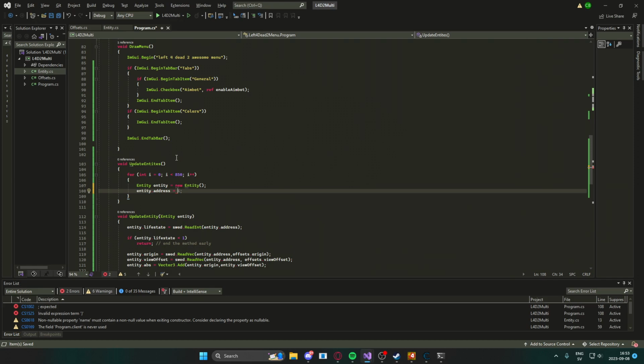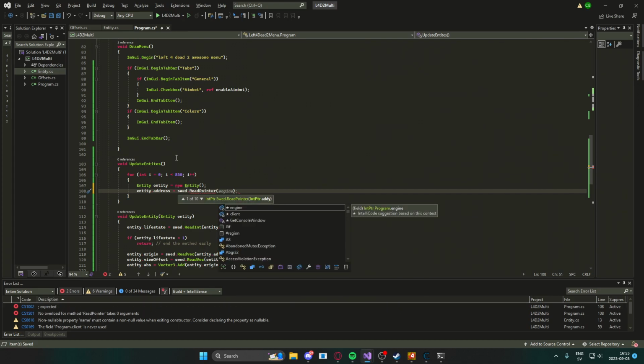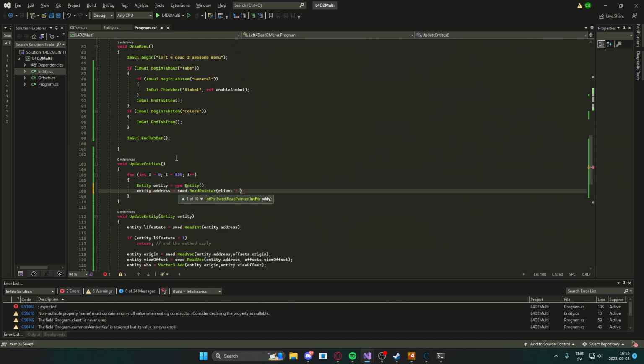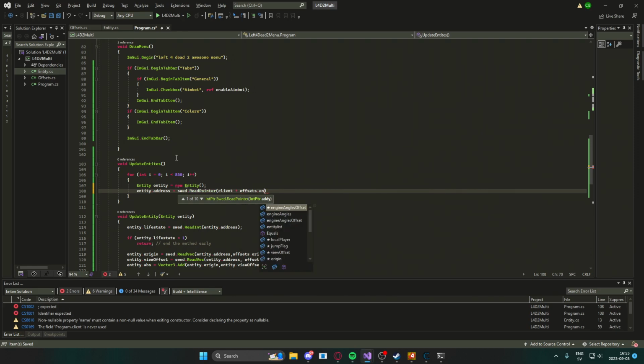So we will read into it and check if it's going anywhere. It can return 0, and that would mean it's going nowhere, and we can sort these faulty pointers out. So we will get the address from swedz.read pointer, and we will add the client to the offsets dot entity